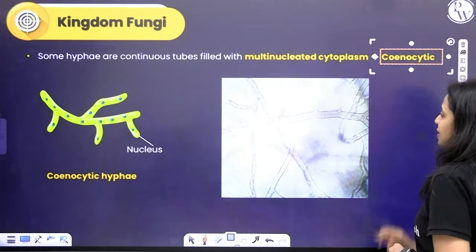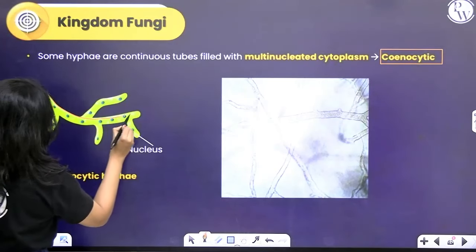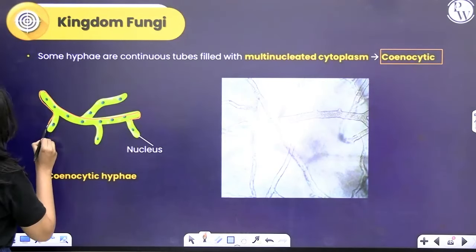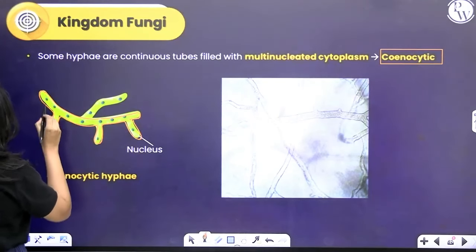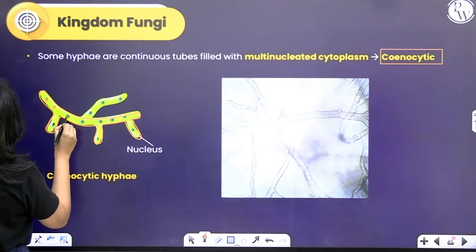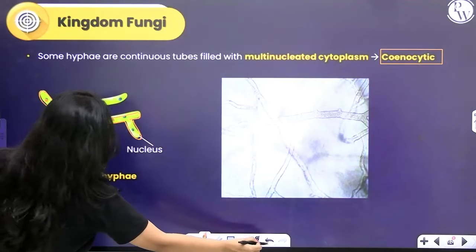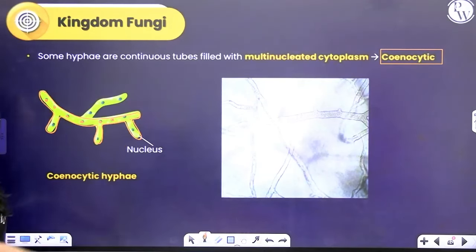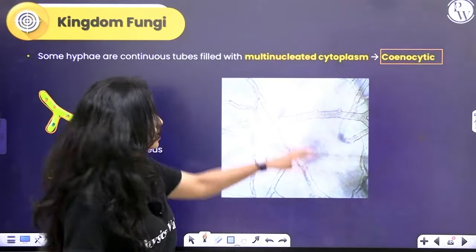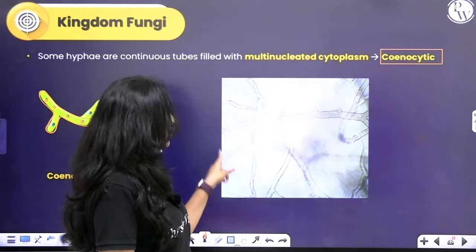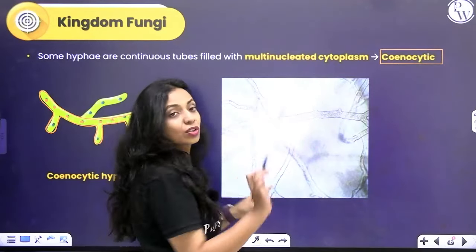You call it cenocytic. See here. Since there are no cross walls or septa between, it will appear like a tube with cytoplasm. It has many nuclei, of course, but between these nuclei there are no cross walls. So it is multinucleate condition. We say it is cenocytic. This is the correct spelling. So here is a micrograph of a cenocytic hypha where you do not see any cross walls present in